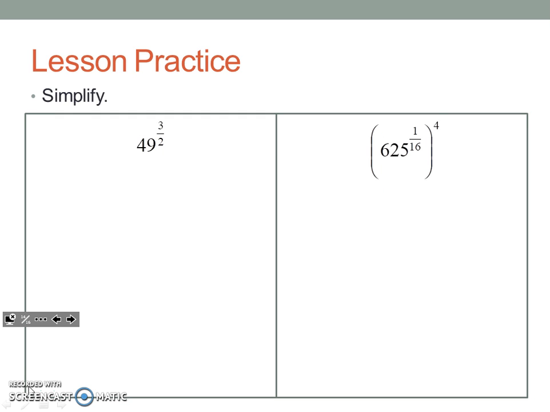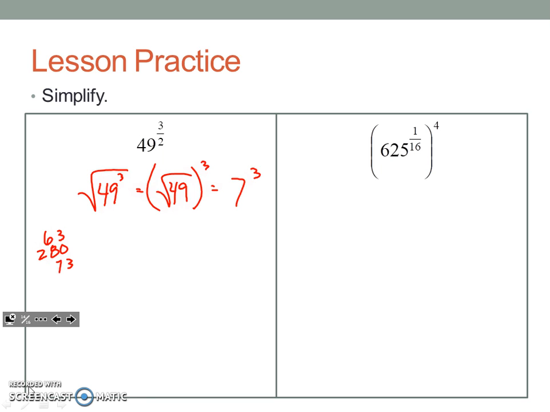Again, make sure you've paused this video if you haven't already. They want us to simplify this. Okay, 49 to the 3/2. Okay, square root of 49 cubed. Okay, well really this is going to be easier to think of it as square root of 49, cubed. Okay, so that's just a 7 cubed, and 7 cubed is going to give me 49 times 7. 9 and 7 is 63. 40 and 7 is 280. So 3,